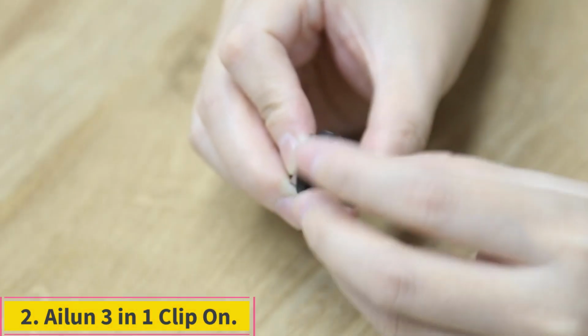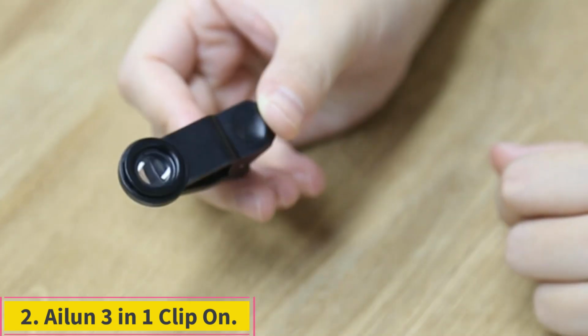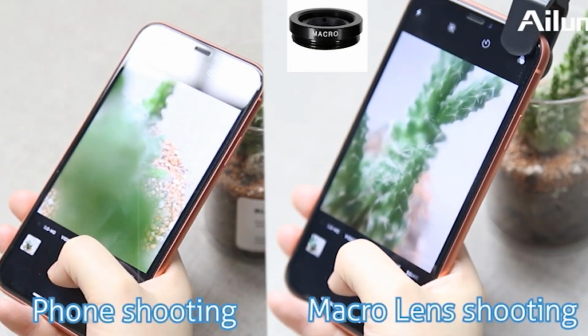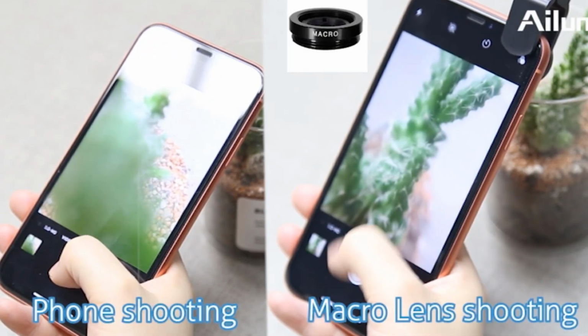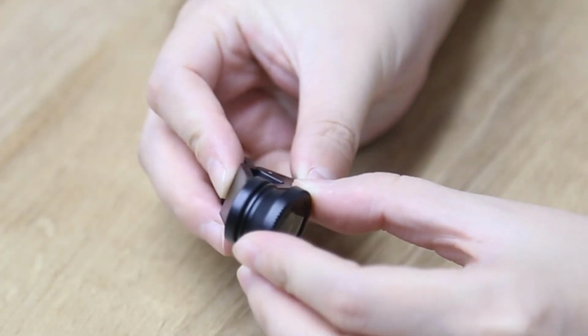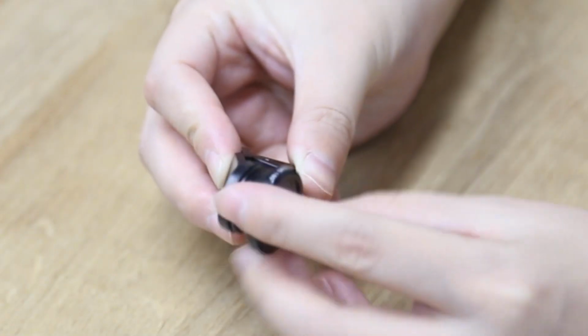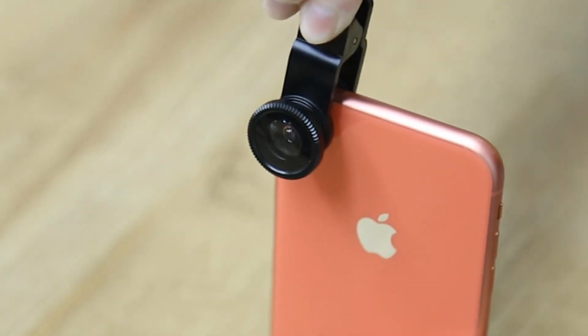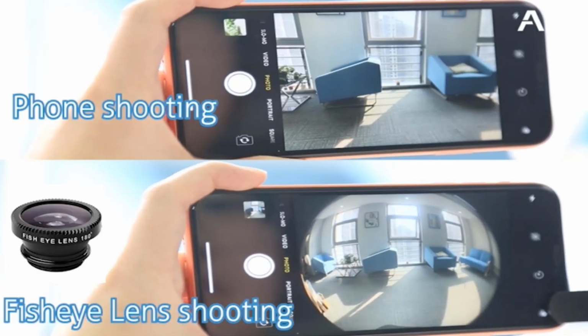Number 2. Ailun 3-in-1 Clip-On. The Ailun 3-in-1 Clip-On is an excellent option for those who are unsure if auxiliary lenses are something they need. For a surprisingly low price, you can discover if they pique your interest. Given the price point, the lenses did respectably well. The standout here is the macro lens, which surpassed some of its more expensive competitors with average to above average